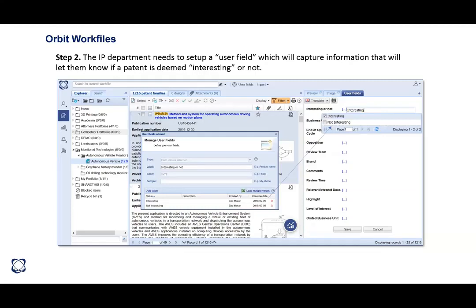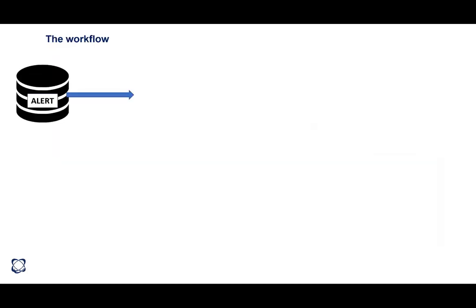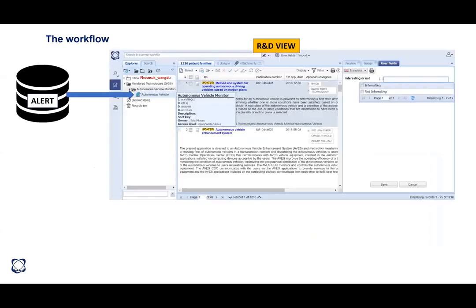When an R&D user selects interesting, we set up a system in Orbit Review so that, in the case of autonomous vehicles, from today onward, if the user field is changed or classified as interesting, a mail is sent to one specific person or the entire R&D team to take further action on it.